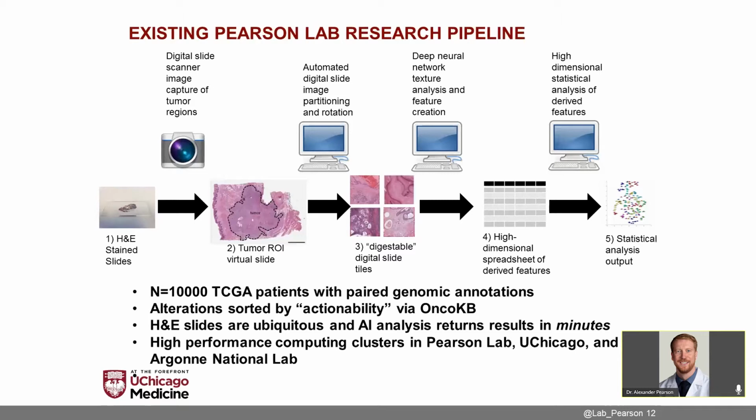And from that, we get a wealth of information, not just in terms of whether or not the artificial intelligence can identify a topic of interest, but also why it's identifying a topic of interest. And we'll talk about that. But we can think about the omics of this visual data, the high dimensional, all of the different nuances that the machine is using to identify